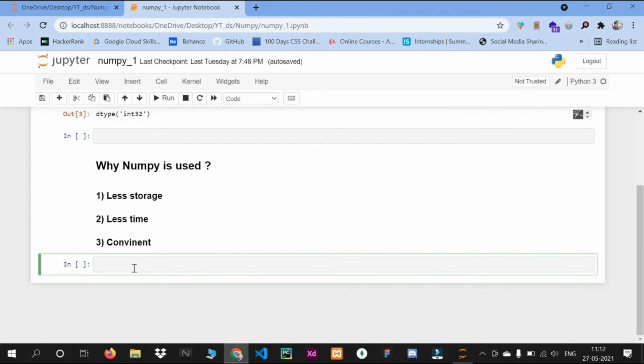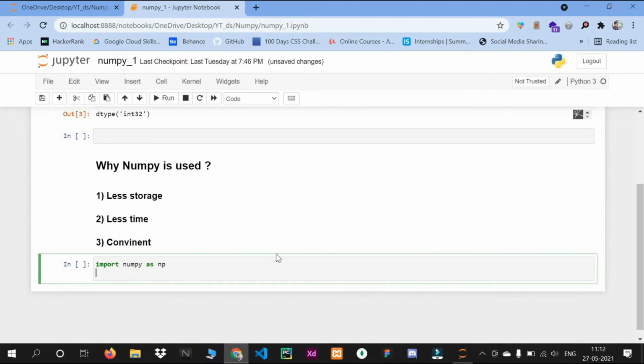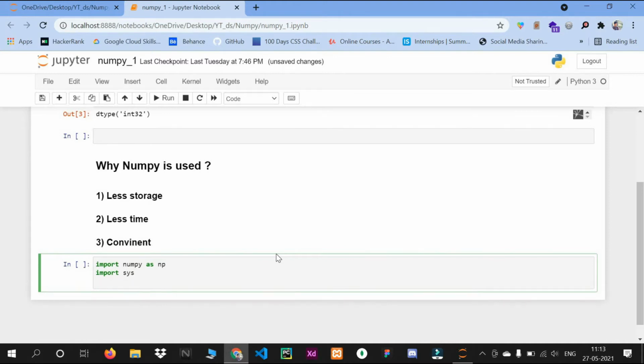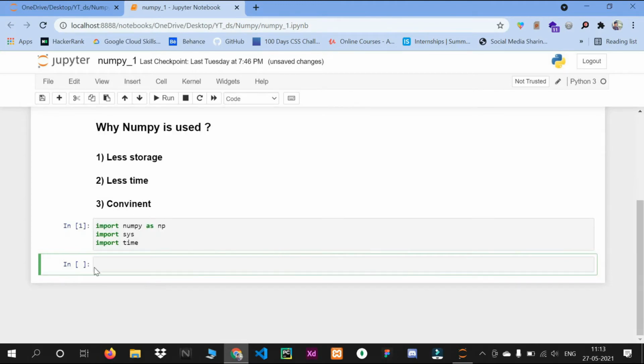First I will import NumPy as np. Then I want sys, to tell it why we are using this, and import time to see the time. Okay, so after that, first we will see less memory, like less storage.